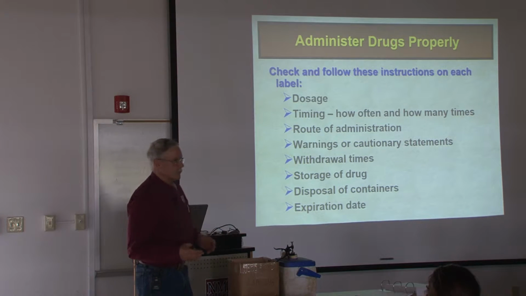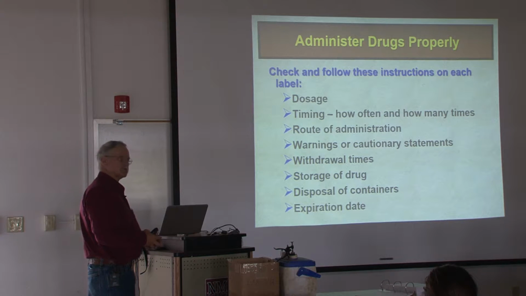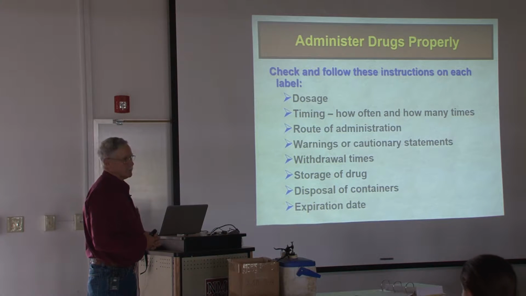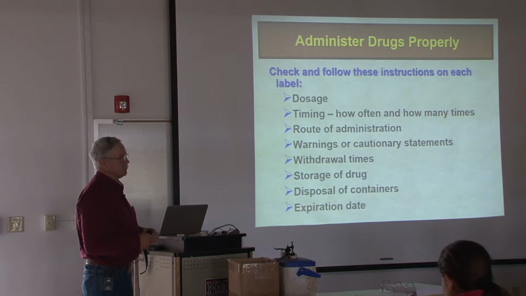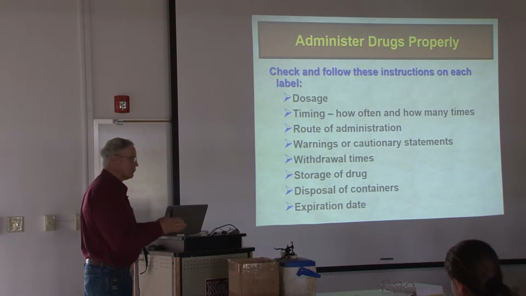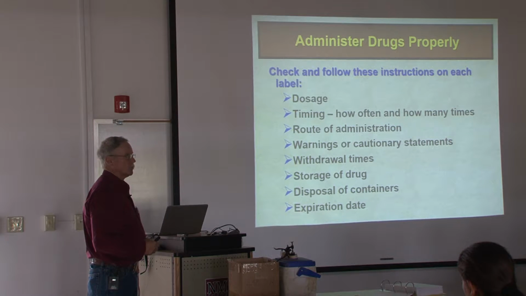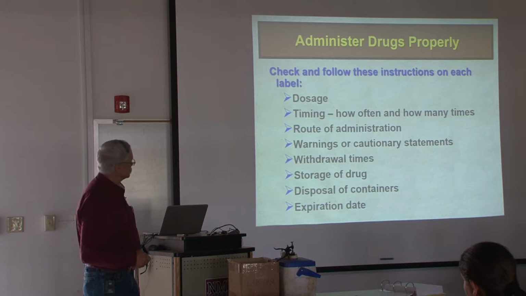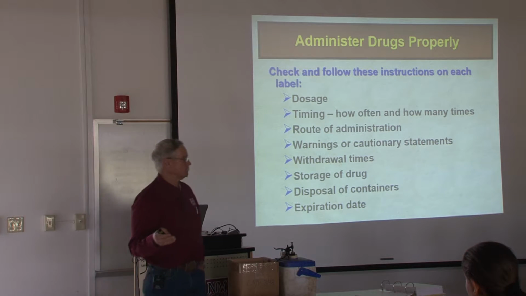Because one of the things with antimicrobial resistance that we're concerned about is exposing the bacteria to a sublethal dose. Does that influence antimicrobial resistance? Well, science is still unsure about that. But the point of the matter is that we should be careful how we dose things and make sure that we are adequately dosing, especially when we use antimicrobials. We have to be extremely careful with how we use those things. Route, does route matter? What do you think is faster absorbed, in the muscle or under the skin?